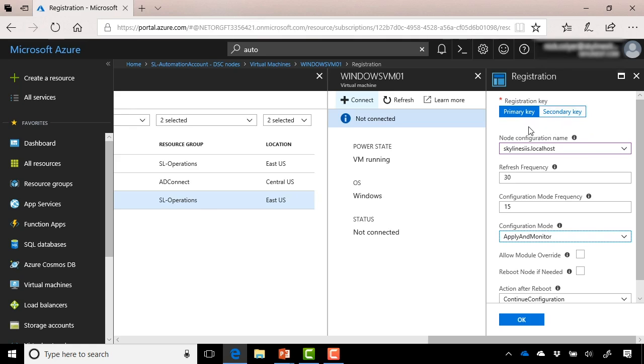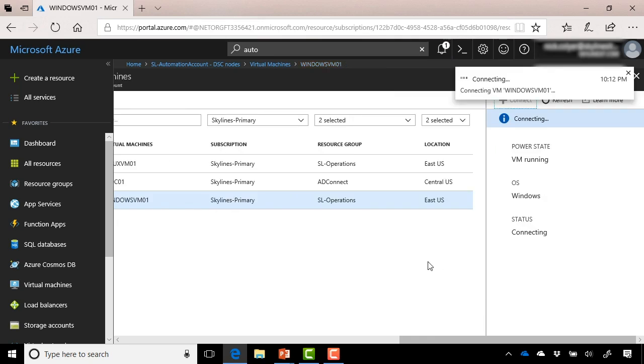The last thing to mention is just that you do have this option of primary and secondary key. So there is the concept of keys in Azure Automation to basically know which Azure Automation is registered to and authenticated to run against those machines, and you can rotate those keys much like any other key. I'm not going to show you that just yet because I want to complete this configuration, but if you go back to Azure Automation, you'll have a section there called keys. You'll have your primary key and your secondary key, and you can rotate them. So you would basically then use your secondary key before you push and change your primary key. If we go ahead and select OK,